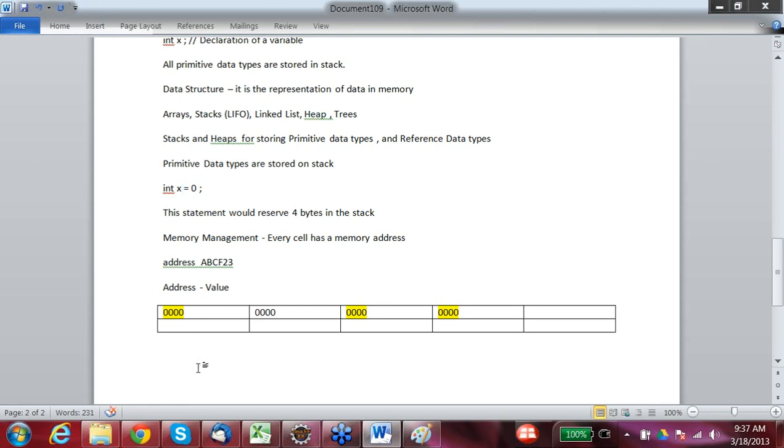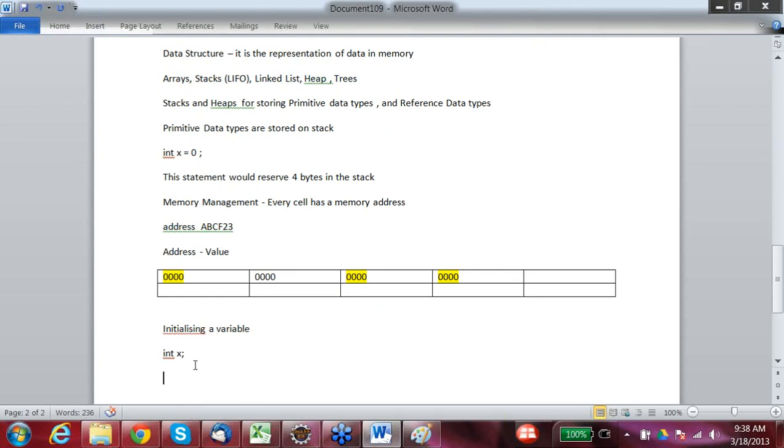Then what is meant by initializing? Initializing means whenever you are providing an initial value to a variable. So if I just write int x, that means 4 bytes of memory is preserved.